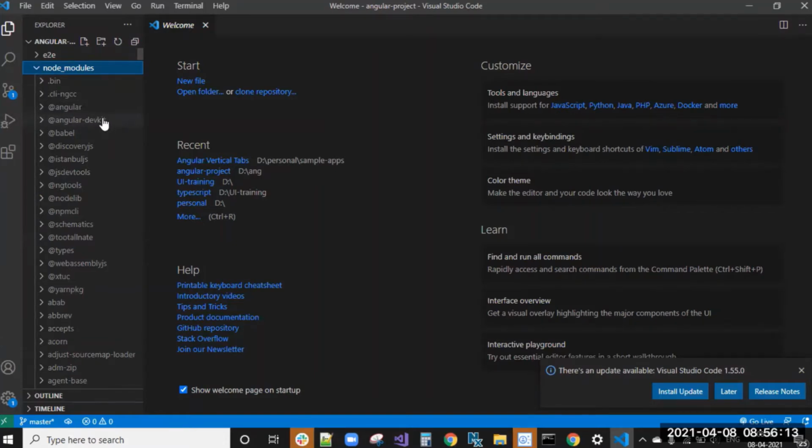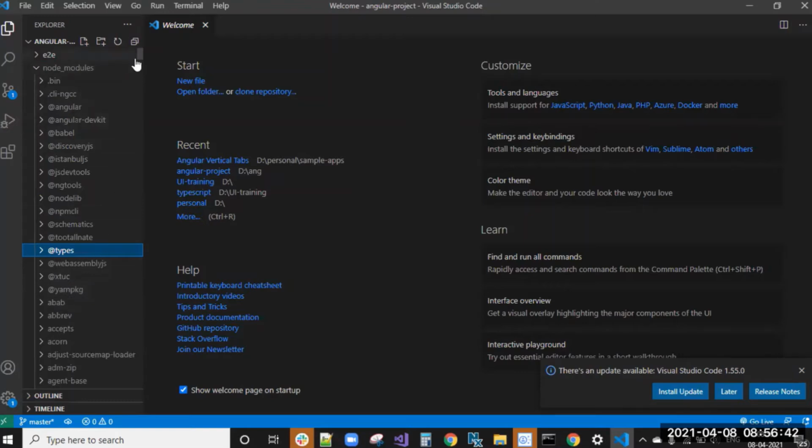Dev kit means, for Angular development, how we can build and the build process. Everything is written in the dev kit. It will handle the packages also. Babel, these are package tools, Istanbul JS, and so on. These are dev tools, NG tools, Angular tools, schematics, types.